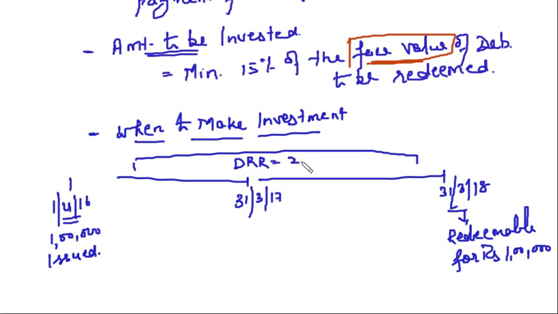DRR is equal to minimum 25% of face value. This is clear. Now we have to create DRI also. DRR can be created throughout this period of 2 years. Anytime when you have profits, create DRR of 25% of face value out of profits. Now when to create DRI, this is quite important. These debentures are redeemable on 31st of March 18, so you have to create DRI before